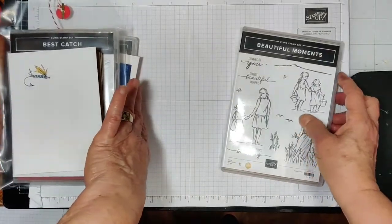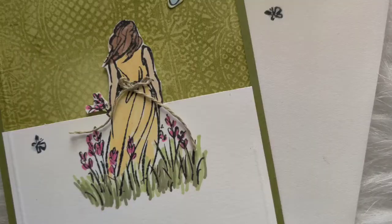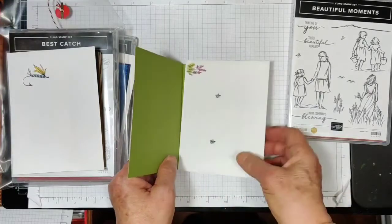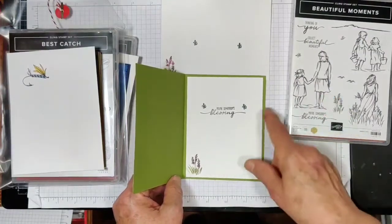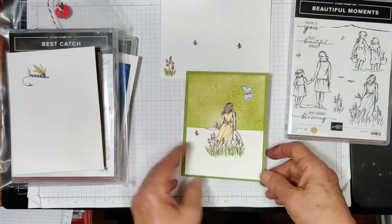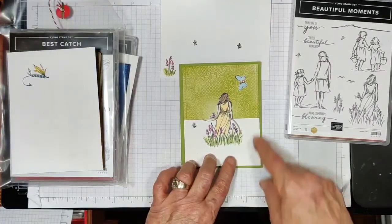This Beautiful Moment set, I made two with that. I made this green background and went ahead and used it. I did a little butterfly from the butterfly punch, and did the sentiment and the little extra stamps that were in there. I used that one. And on these I took my paper